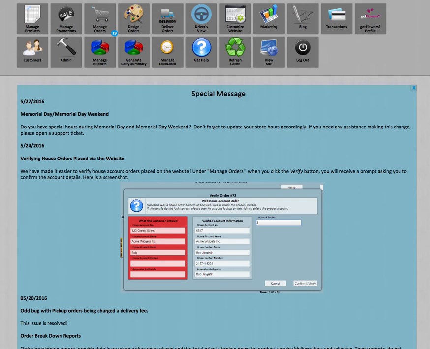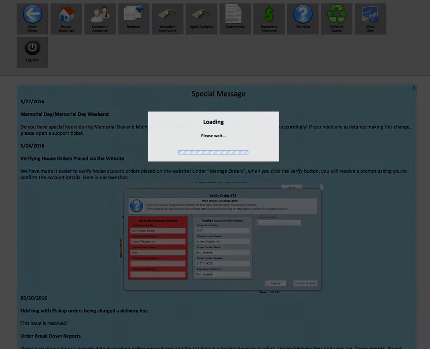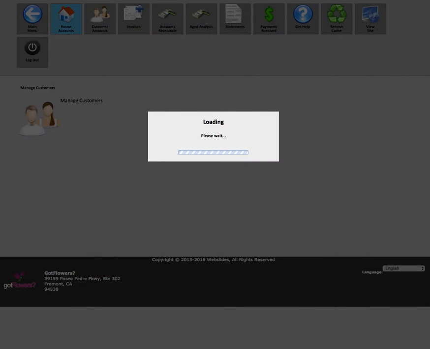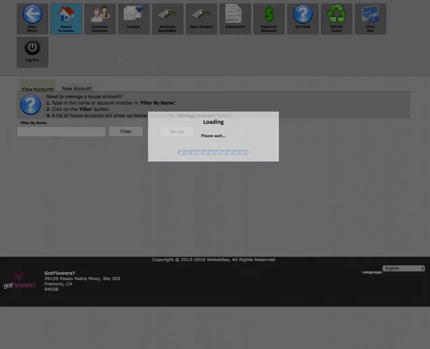This is a short video clip to demonstrate the new navigation controls for house accounts. This is mainly to help you get anything relevant to house accounts from an accounting standpoint, and I'll walk through the process. So the way things work here is when you go select the house accounts tab, we no